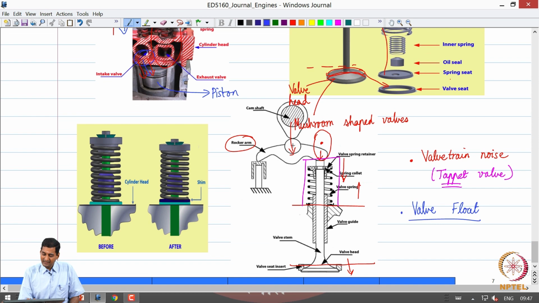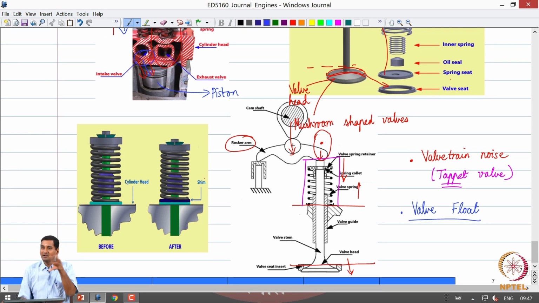And then people also introduce these shims. Okay. Shims are nothing but accurately machined washers, on which you mount the springs, so that you even avoid any lateral vibrations, and then you ensure that the spring does its operation very optimally, as far as restoring the valve to its original position is concerned.